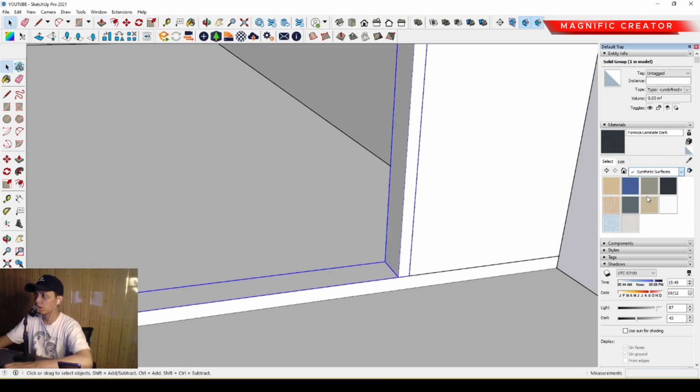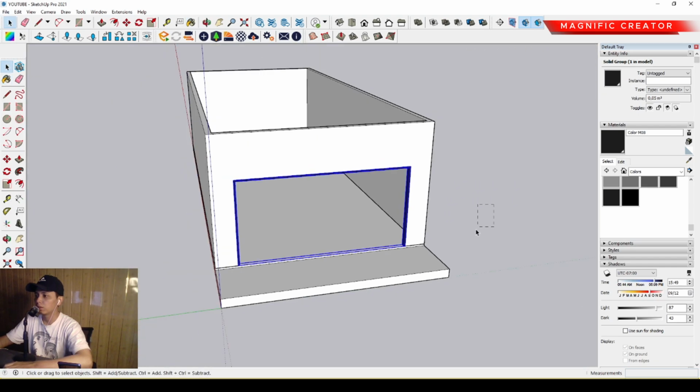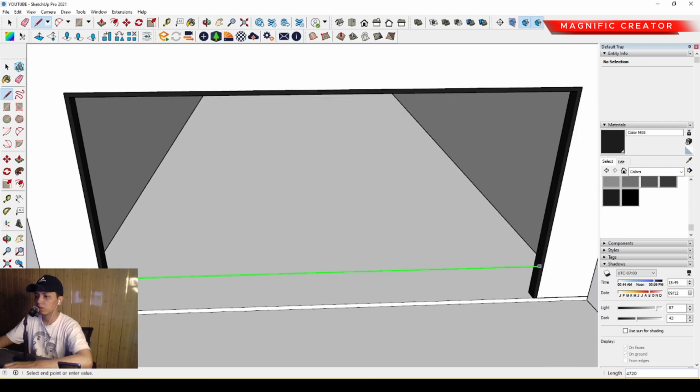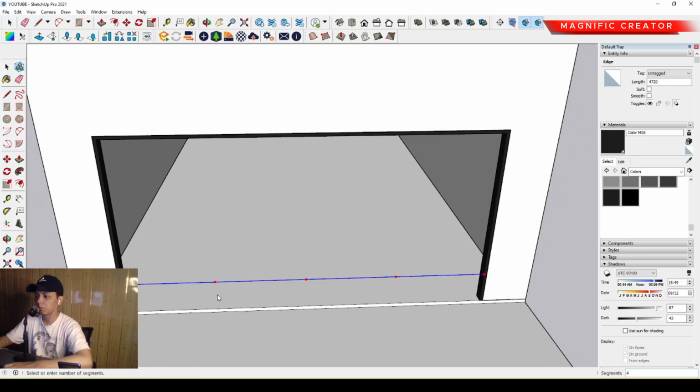Then we can select a color, a dark material for it, and then we can set the line from this position to this position. Then we can divide it into several parts. Maybe we can separate it into 4 parts. Okay, and then we can delete it. Then we can make